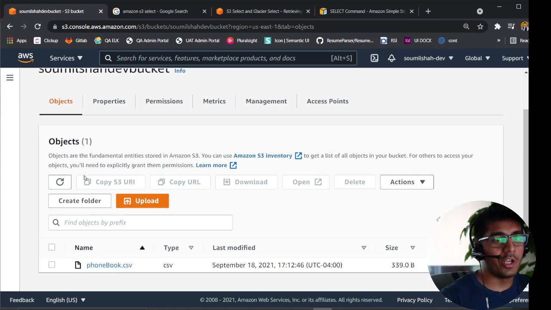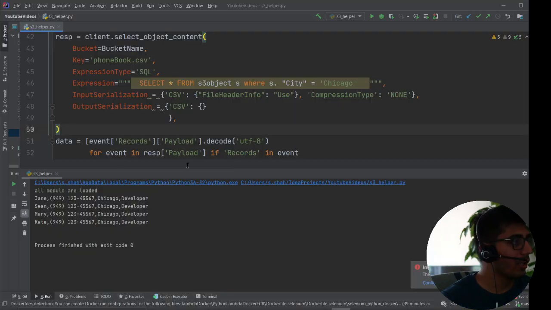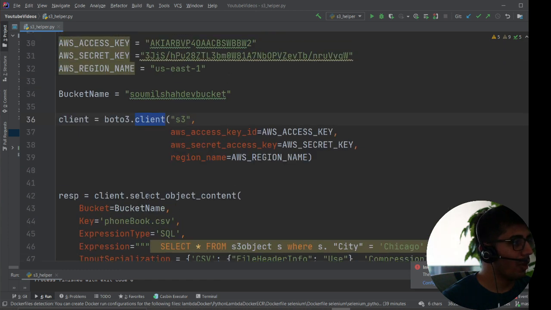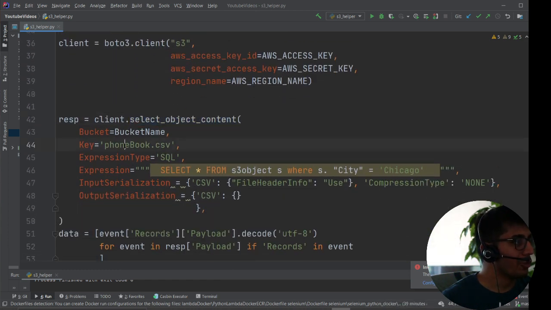Now essentially, how do I query? The traditional way, okay, run a crawler and then query via Athena. Well, you can directly utilize Amazon S3 Select. So essentially, you don't worry about the credentials. I'm going to delete that after the video, but you create a client object. Once you create a client object, you say select object content, you provide the key for a given bucket name, and then just run SQL expressions.